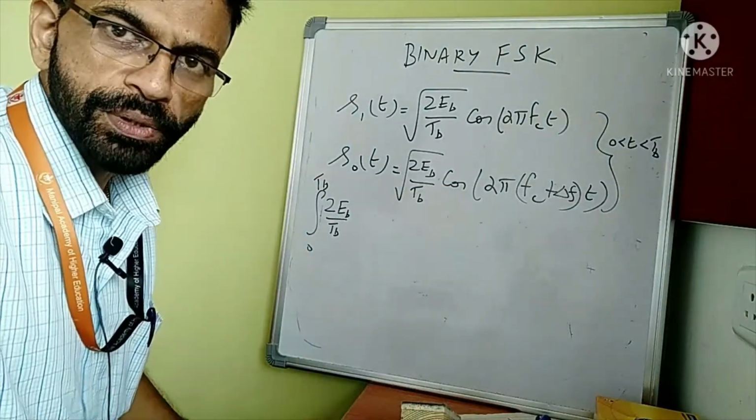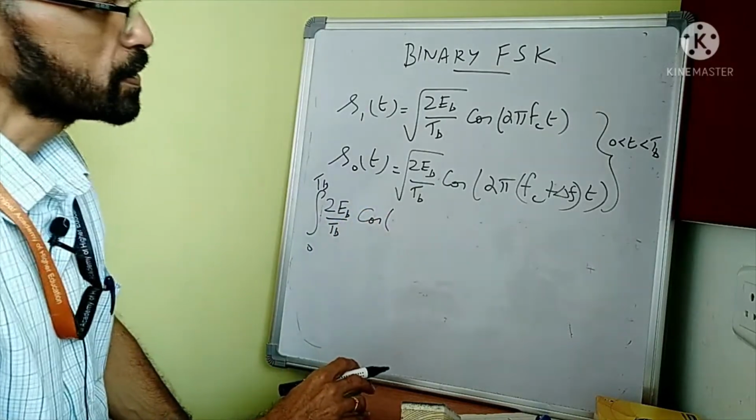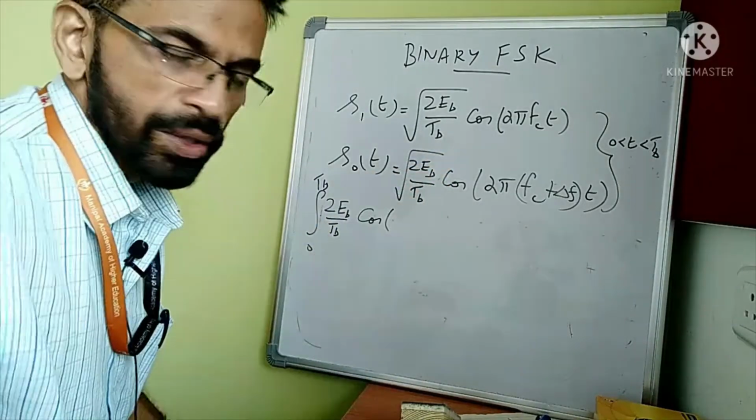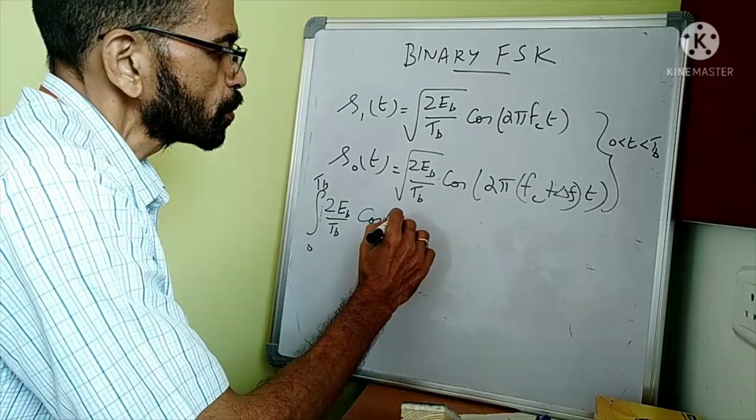You can use a simple trigonometric identity and write the result as cos of the sum plus cos of the difference of the arguments, and you get